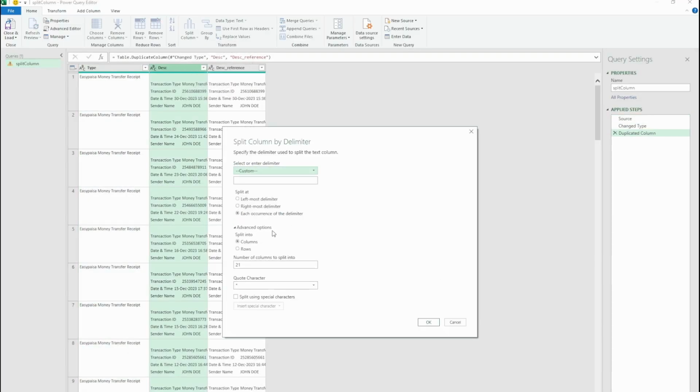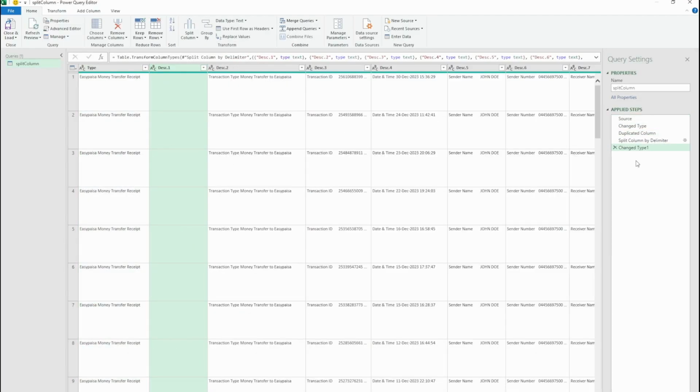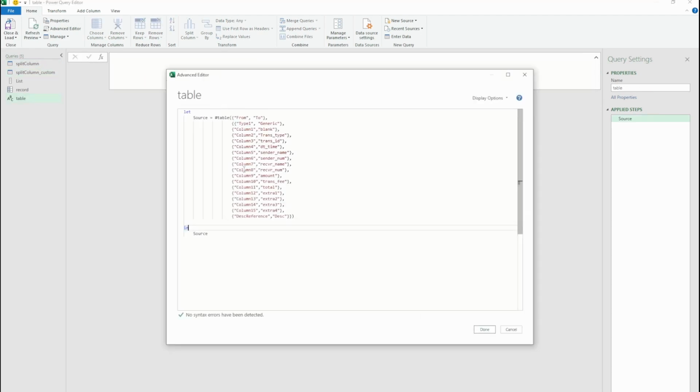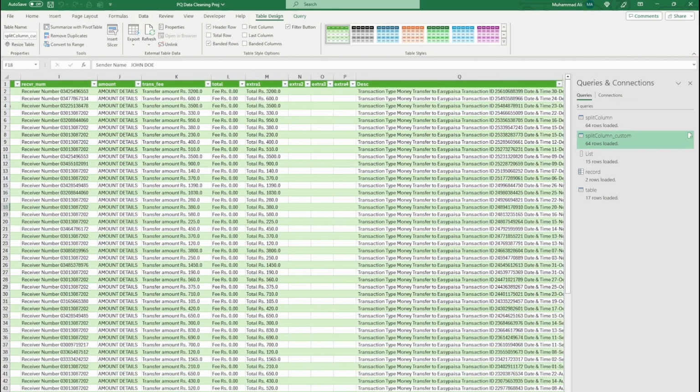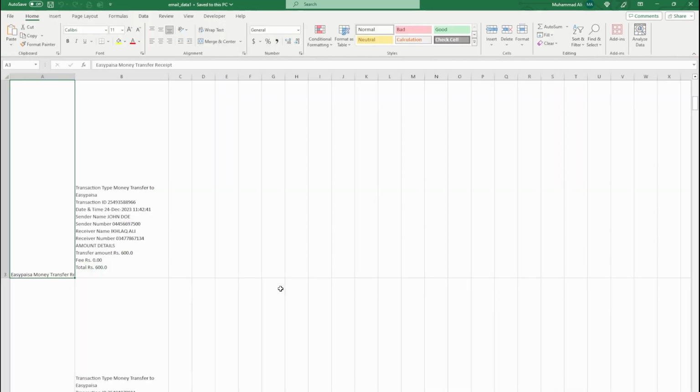Our plan for today is to clean this raw data into a proper data set. We will use Power Query for this task by splitting data using the new line character and then working through dynamically renaming the columns as well. Let me convert this to a table format and let the Power Query magic begin.